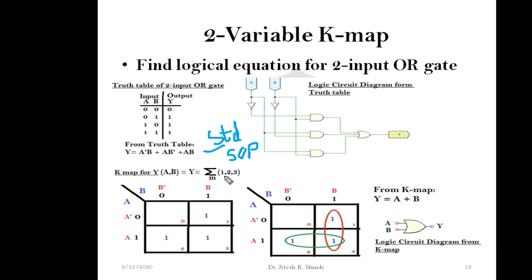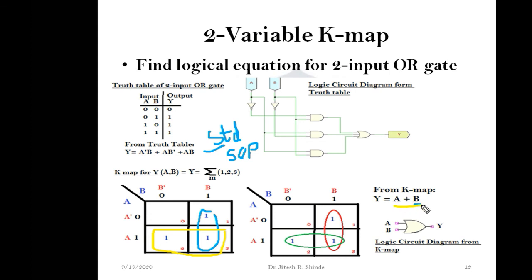Can we go with a quad grouping of 4 ones? No, it's not possible, since for 0 a 1 is not placed here. So we need to go with a grouping of 2 ones. This is my first group. Are we getting any common term row wise? No. Column wise, yes. So B will come here. Plus, the next grouping is this one. Row wise we are getting A common, so A will come here. Column wise nothing, B bar and B are flipping. So the expression we are getting is A plus B.